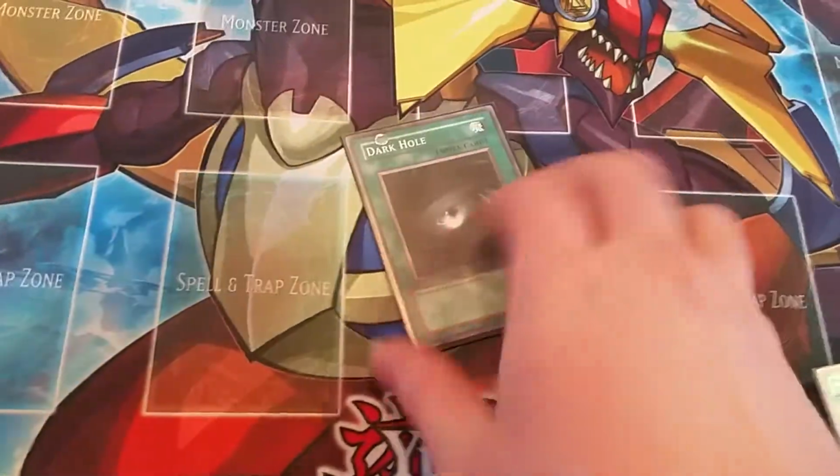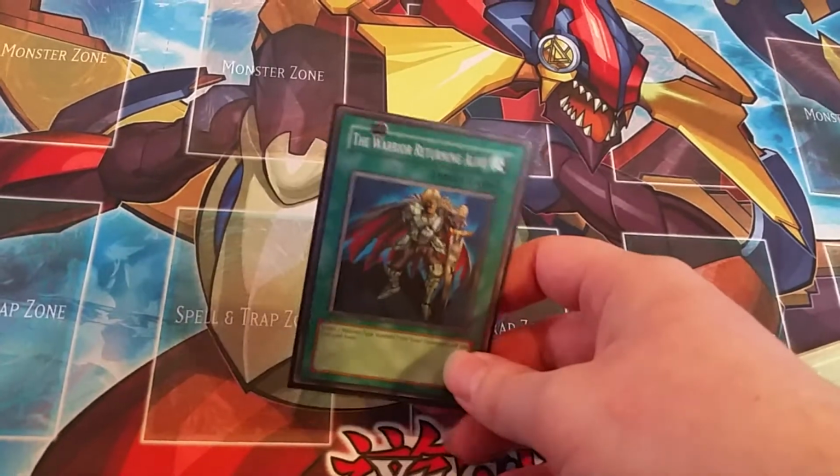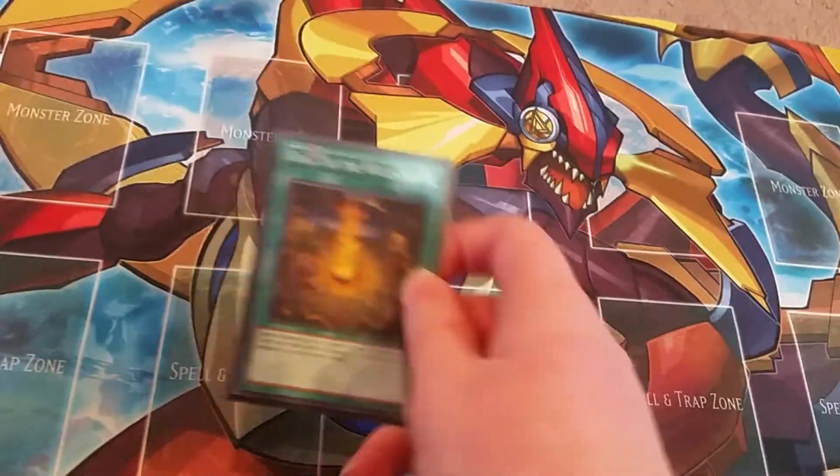1 Dark Hole because I don't have Raigeki. 1 the Warrior Returning Alive because if any of your midfielders go to grave, I want them back in hand. And 1 Feast of Wild level 5, so I can special summon any of my... If I don't have any midfielders, I can special summon...